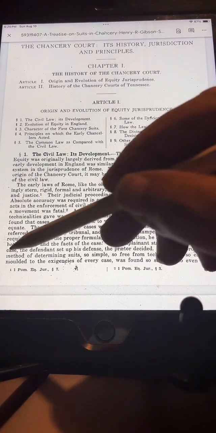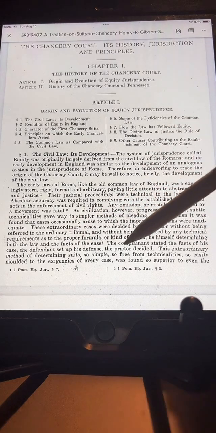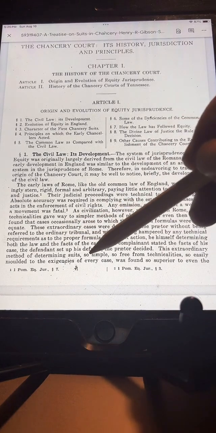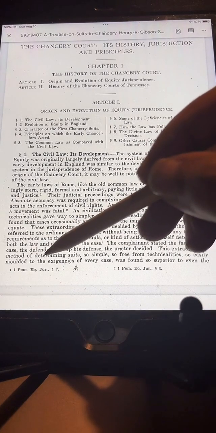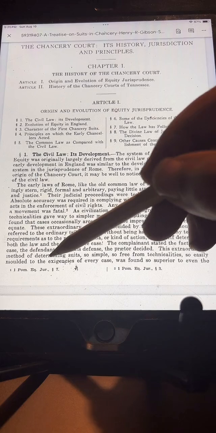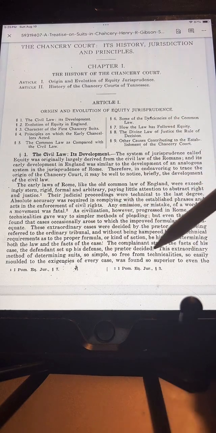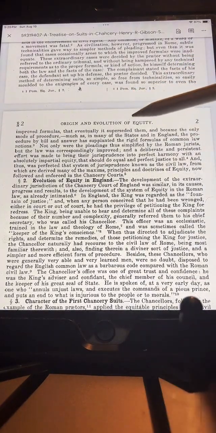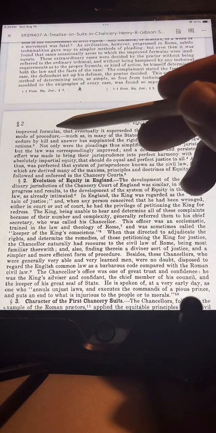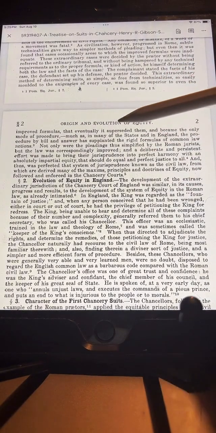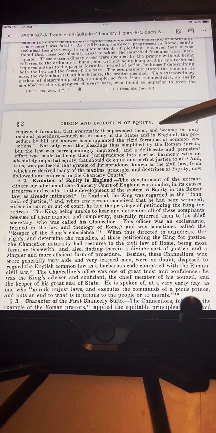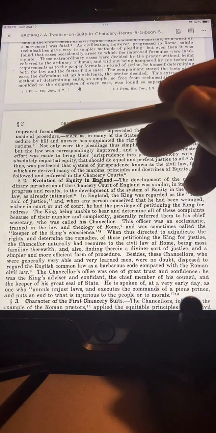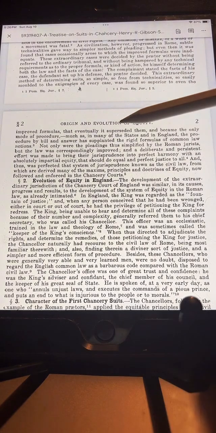This extraordinary method of determining suits, so simple, so free from technicality, so easily molded to the exigencies of every case, was found so superior to even the improved formulas that eventually it superseded them and became the only mode of procedure, much as in many of the states of England, procedure by bill and answer has supplanted